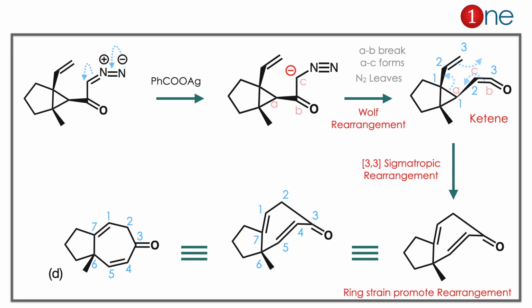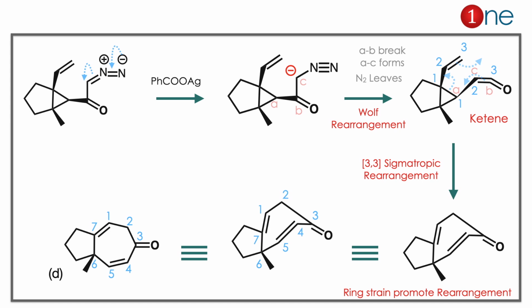So all are above the plane. So new AC bond there, it is a ketene. Next step you have to stabilize the ketene. It is a very much reactive one. You have terminal double bond. So obviously you have to think of 3,3 sigmatropic rearrangement. So if you draw the electron flow, you have the new 7-member ring. If you redraw nicely 7-member ring, it is given as the product D there. Here stereochemistry didn't play any role, just they given for confusion.